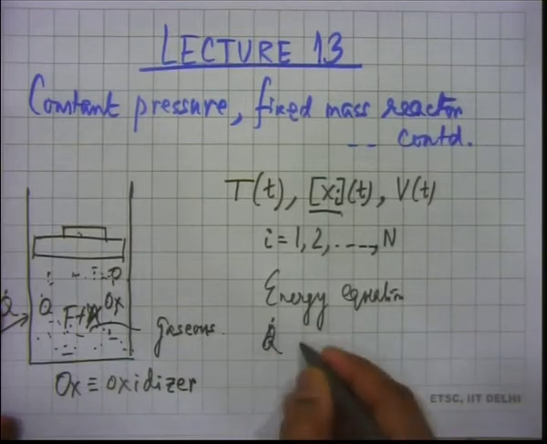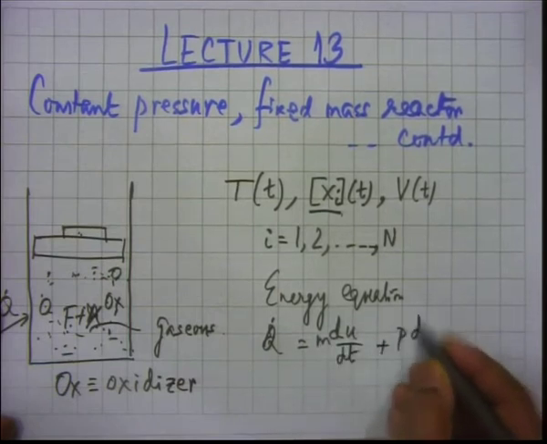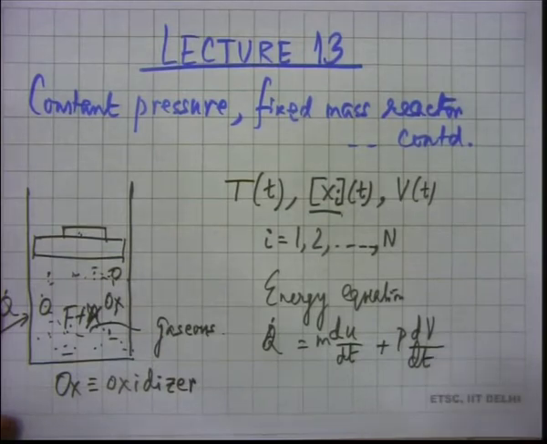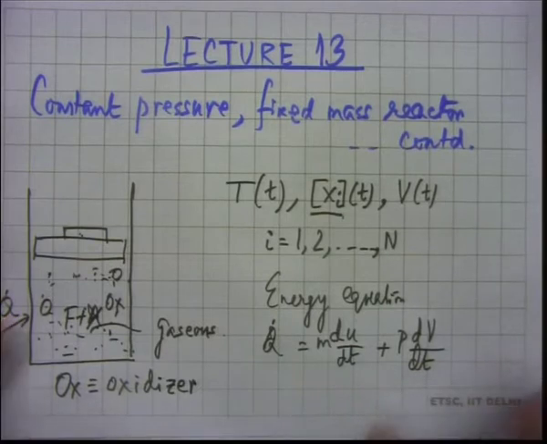So, we wrote q dot equal to m du dt plus p dv dt, this sort of thing, and with some work we could actually show that q dot by m was dh dt, small h. After that we thought this is fine, but h had to be replaced in terms of temperature. So, we did some more work on that. We brought in temperature using what is known as the calorific equation of state, which is h equal to h of formation plus integral Cp dt. So, that is a sensible enthalpy change.